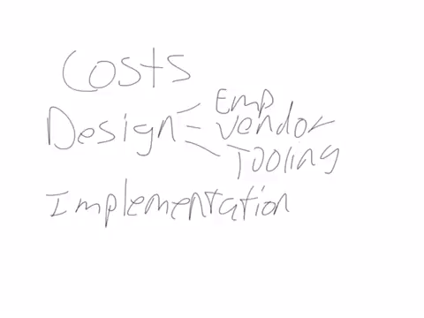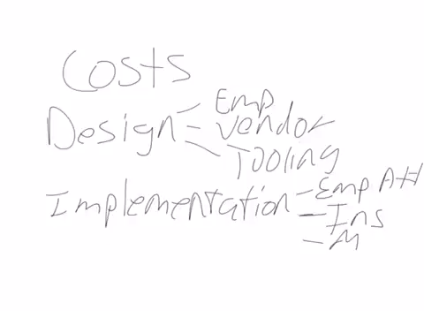And then in the implementation, and you all know what they are specific for yours, you're always going to have the cost of employees attending the training. So that's a big cost. You're going to have the instructor costs. If there are expendable materials or perishable materials, you're going to have that as a cost. If you have your own room, or if you have to rent a place to do it, things like that. So all that gets calculated into your cost, or what we talked about earlier, your initial investment.